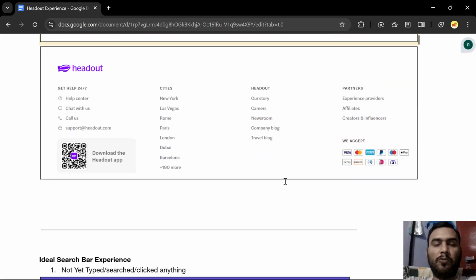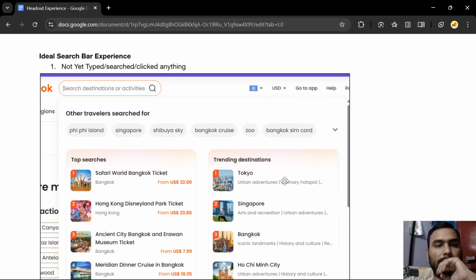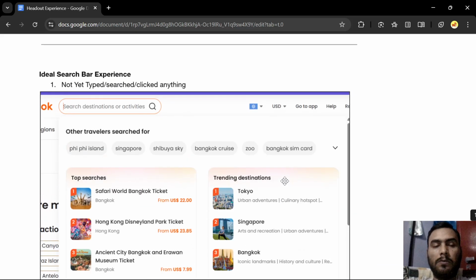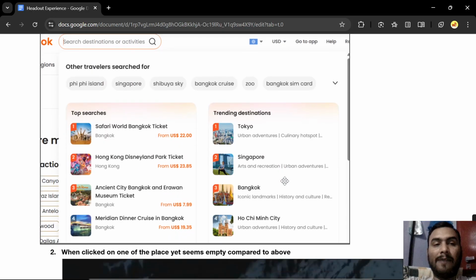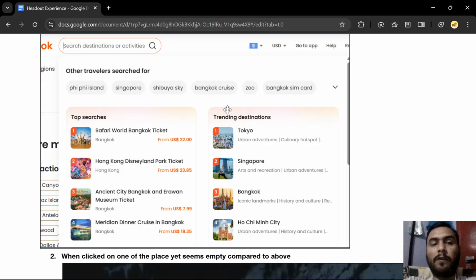And this is the end, or bottom footer section. Now I have taken two different search bar experiences. I found that the search bar is the most prominent place where a user discovers our platform and gets to know the activity. This one is ideal because even when I have not clicked or typed anything, I get the list of activities, trending searches, everything, or a keyword that I can use.